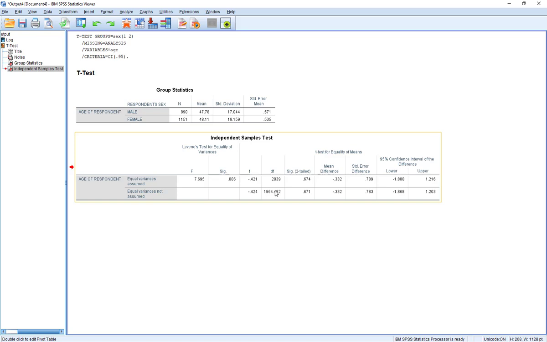We're looking for a value to exceed either 1.96 or -1.96 to reject a two-tailed hypothesis test, and we're not even close to that. So we know right away that our associated sig value is going to be well above that 0.05 cutoff. And sure enough, you can see here it is. So our t-test, and again, we should be using the bottom row, so I misspoke before, but it would be -4.24. Our degrees of freedom are about 1964, and our sig value is well above that 0.05 cutoff, ultimately suggesting to us that we failed to reject the null hypothesis,